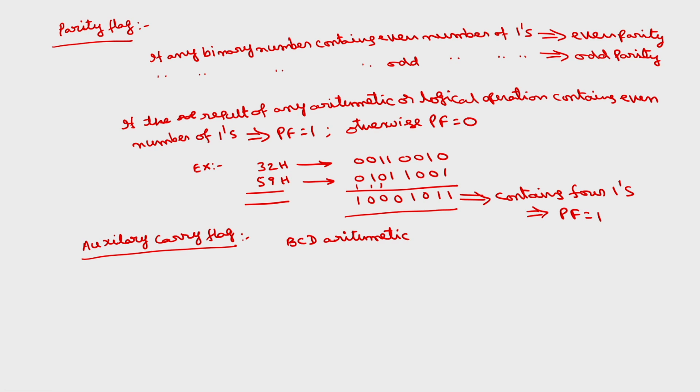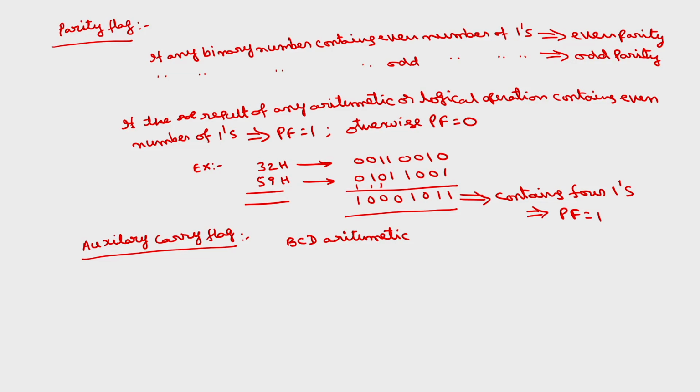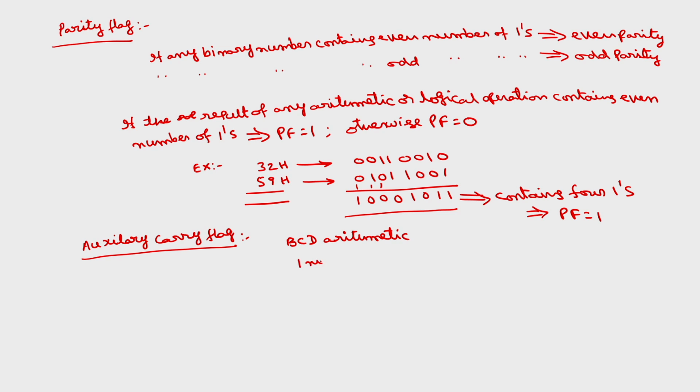In BCD addition and subtraction, the lower order 4 bits are important, whether we perform packed BCD addition or 2-digit BCD addition. One BCD digit means 4 bits. If there is a carry from the lower nibble to the upper nibble, where a nibble means 4 bits,